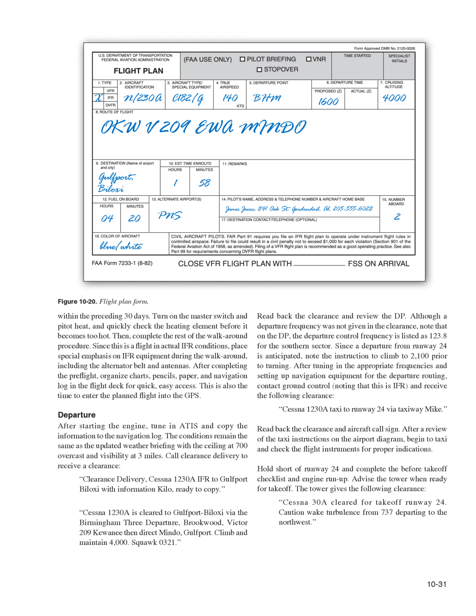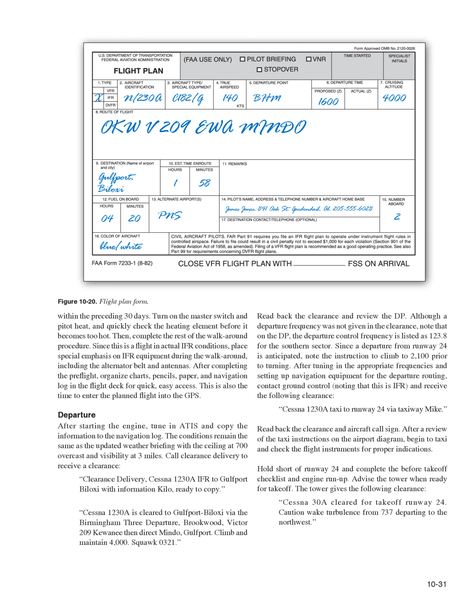Figure 1019. Flight plan form. Read back the clearance and review the DP. Although a departure frequency was not given in the clearance, note that on the DP, the departure control frequency is listed as 123.8 for the southern sector. Since a departure from runway 24 is anticipated, note the instruction to climb to 2100 prior to turning. After tuning in the appropriate frequencies and setting up navigation equipment for the departure routing, contact ground control, noting that